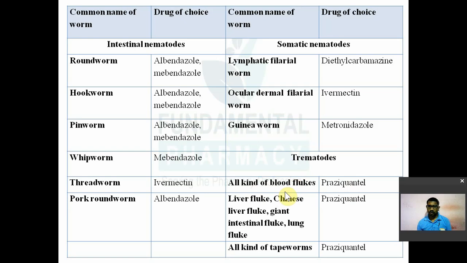In case of trematodes, all kinds of flukes like blood flukes, liver flukes, Chinese liver fluke, giant intestinal fluke, lung fluke, so for all kinds of flukes, praziquantel is the drug of choice. Then praziquantel is also the drug of choice in case of all types